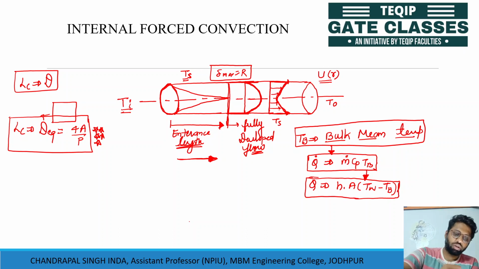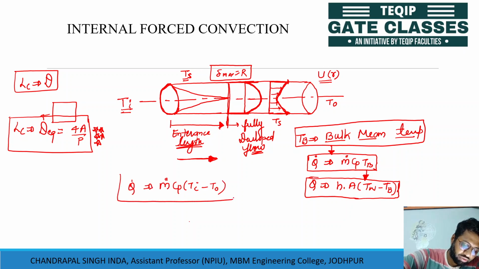So these are going to be equal, as we have considered the steady state. Now one more heat transfer is there, which is in the fluid only. If there is a heat transfer, then the fluid is going to get the heat. Then that will be equal to m dot cp (T inlet minus T outlet). That will be equal to the rate of heat transfer by the fluid, or heat gained by the fluid, or heat lost by the fluid.